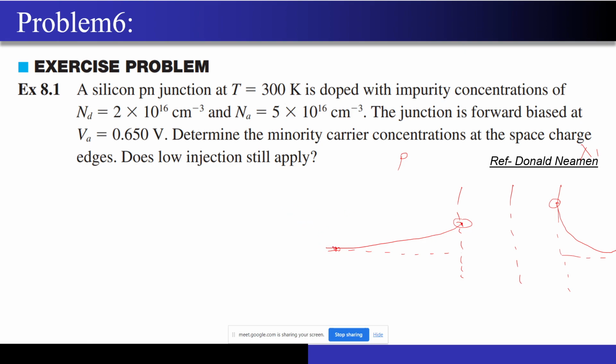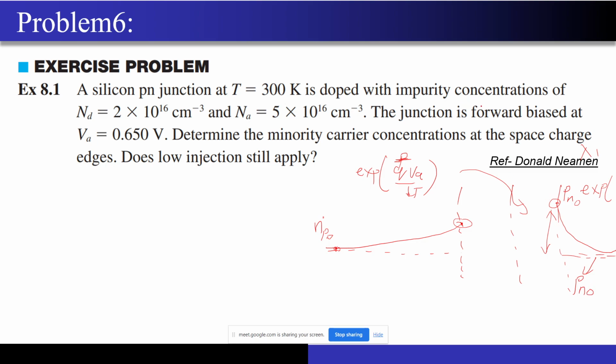So the equilibrium concentration over here is Np naught, electrons that are present on the P side, right? And similarly, if I look over here, it is nothing but Pn naught, and Pn naught into that exponential factor will be there, right? Because this is what I have told you, the difference between these concentrations is nothing but exponential to the power qVA by kT, right? This is the difference that we have over here, correct? So now this equilibrium concentration that I was telling you was nothing but Pn, correct?